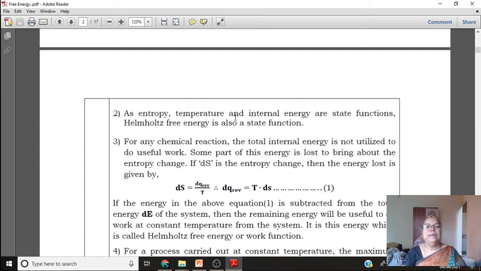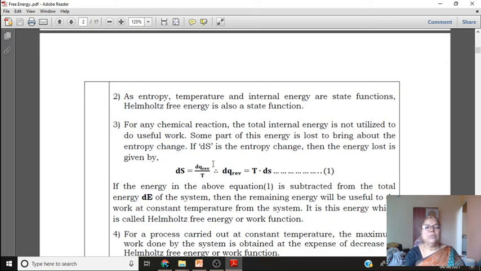As entropy, temperature, and internal energy are state functions, Helmholtz free energy is also a state function. Then, for any chemical reaction, the total internal energy is not utilized to do useful work. Some part of this energy is lost to bring about the entropy change. And if dS is the entropy change, then the energy lost is given by here